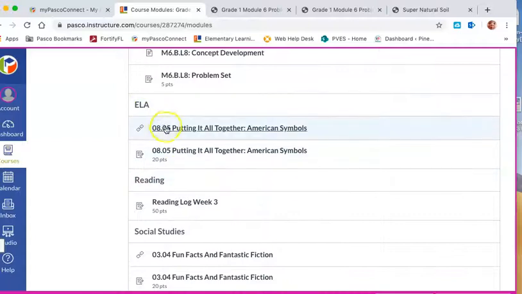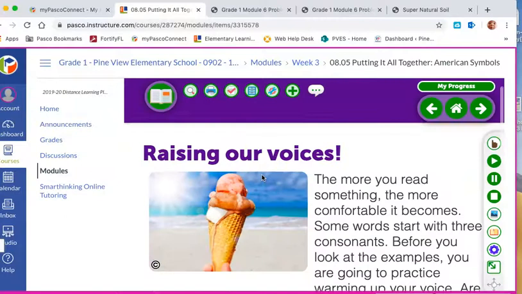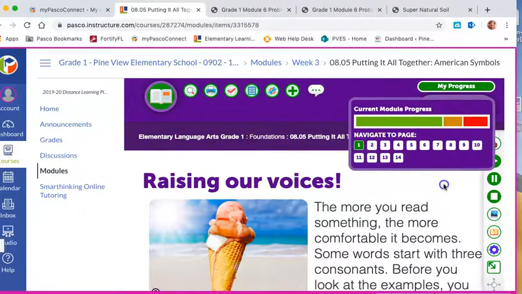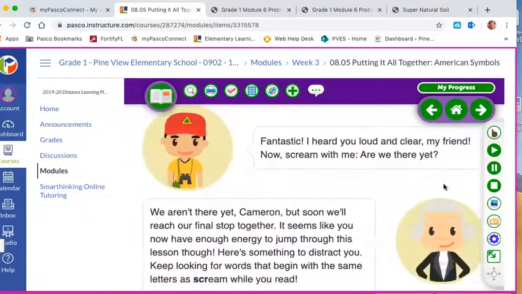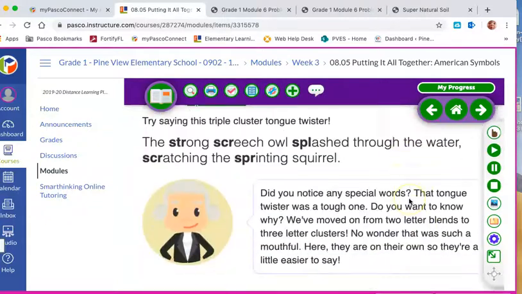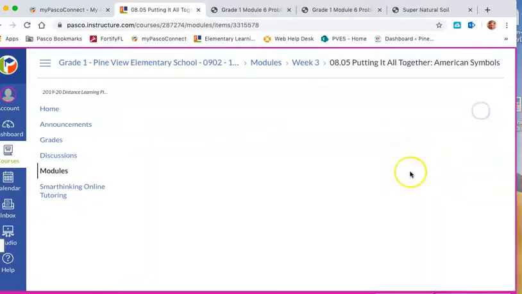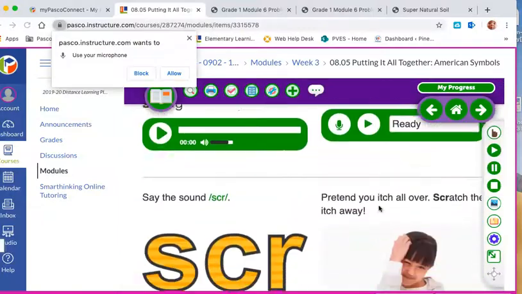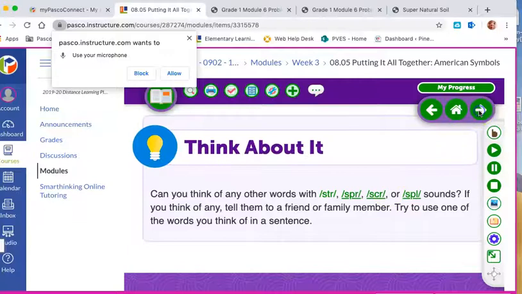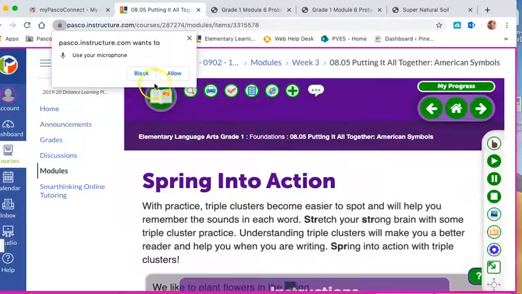So for ELA, I know you've been working on an opinion letter. This week, you're going to be doing a poster. Checking my progress. Ooh, there's 14 good pages of learning. Making sure you do all of the activities. And also remember, if there is an activity, let me find one. You're doing lots of good S blends. Think about it activities are awesome things to just think about and talk about